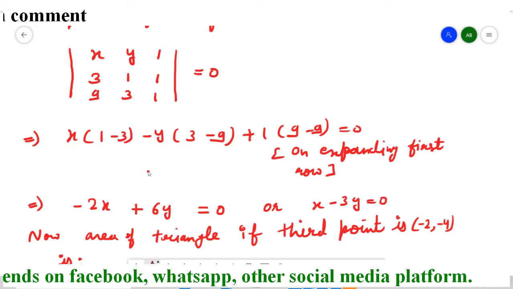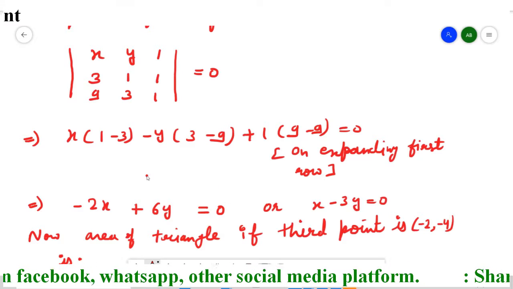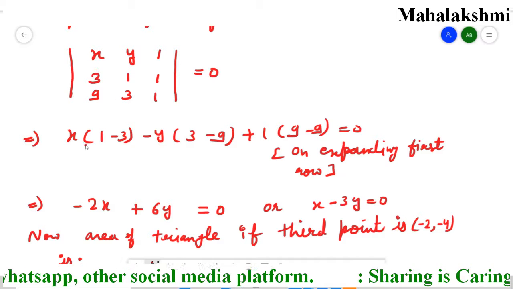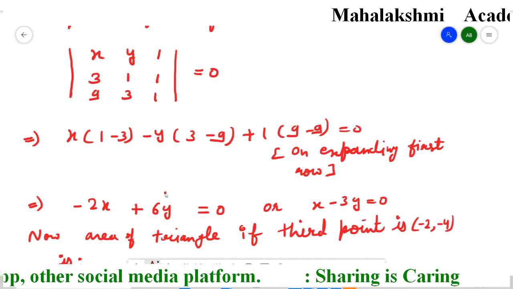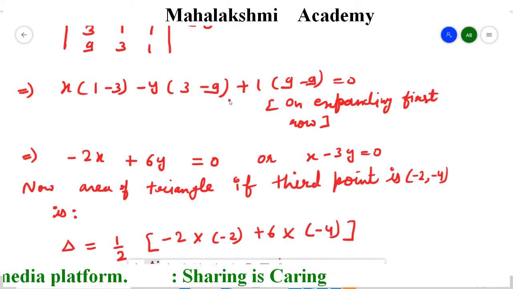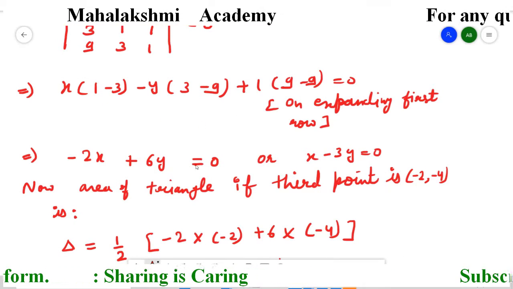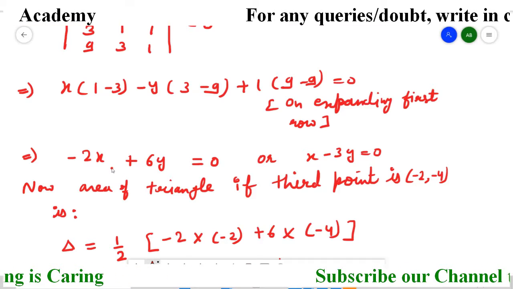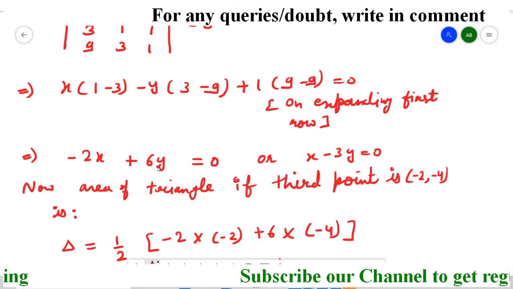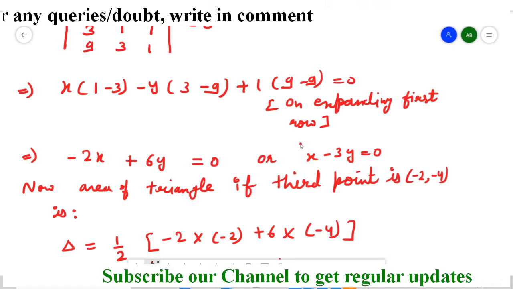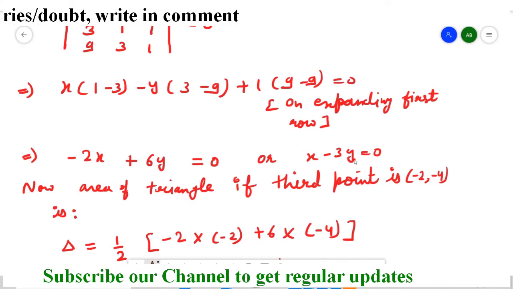So after replacing it, I again expanded it along the first row. I got this, and since here x and y are variables, this will continue as it is, and we obtain this. So after opening it, we obtain this equation. We will use this equation to find the area, but since we can reduce it, just divide it by -2. When you divide it by -2, you will obtain this. So this is our equation of the line which is passing through the given points.